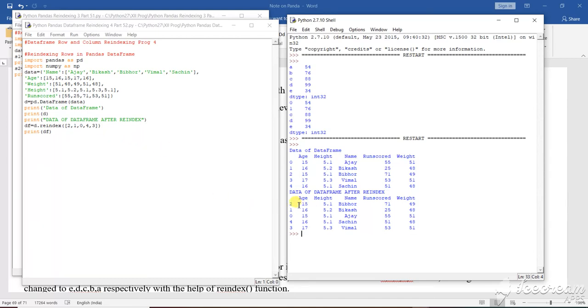See here, based on 2, all the related data is printed. Then with respect to 1, the related data will be printed. Next, for 0, the related data is printed.